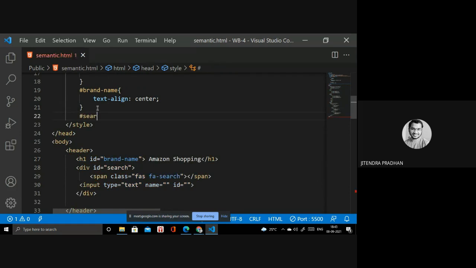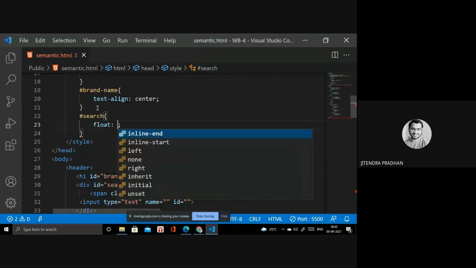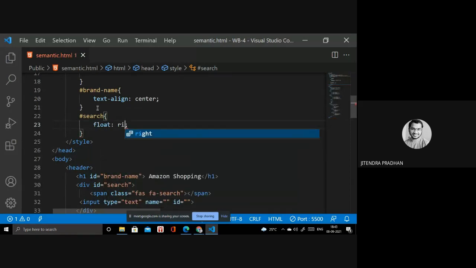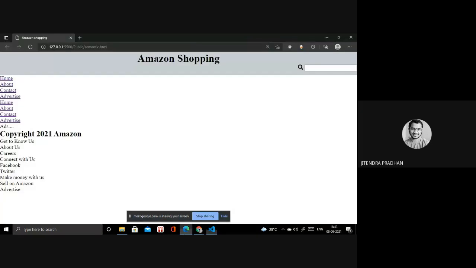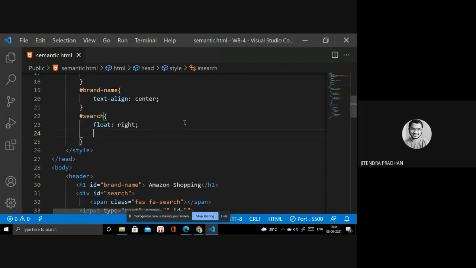Inside the float, it's left, sorry, right. So what is float? Anyone asked me before. Basically, float we are using for left or right placing any particular content or particular box, whatever.